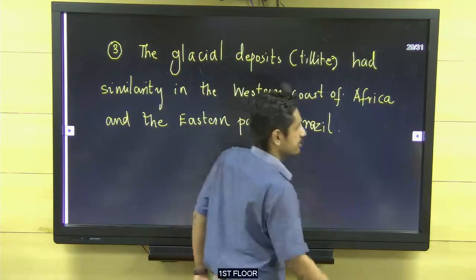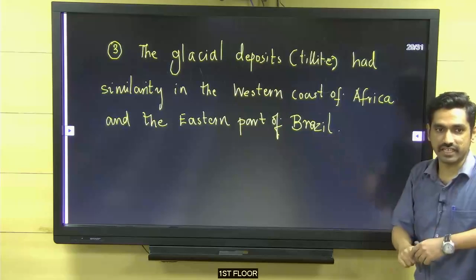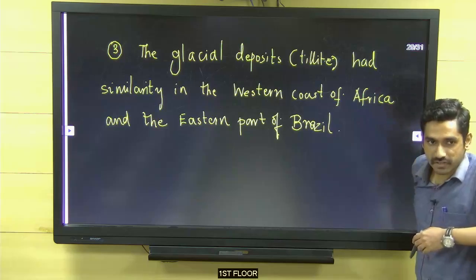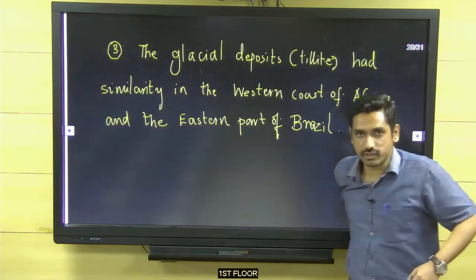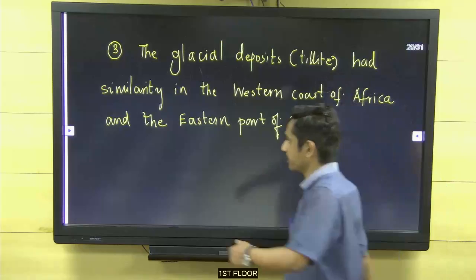Oh, this is Brazil. Fine. So again, East Brazil and West Africa were technically connected. We just saw the coastline as the first evidence, but the first evidence was more superficial. We're just talking about the coastline, but this is more related to your rock structure and all that. Is it fine? Number 4